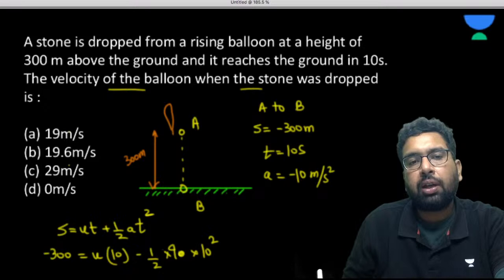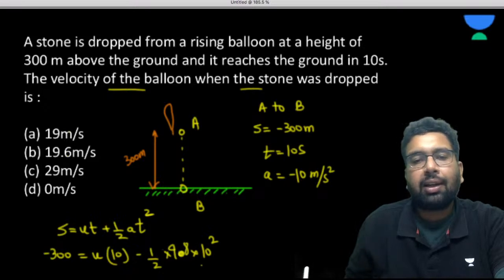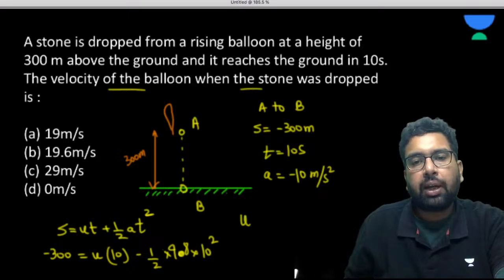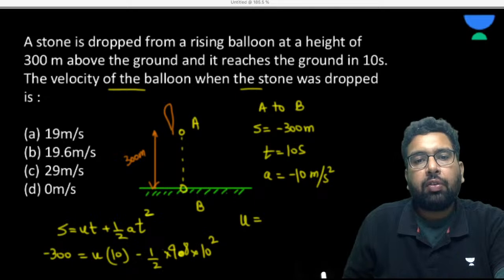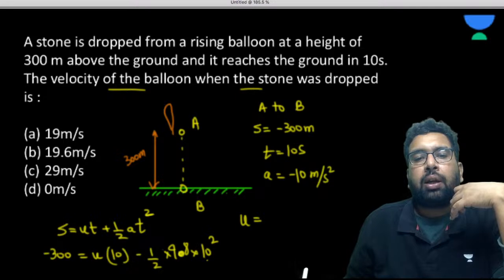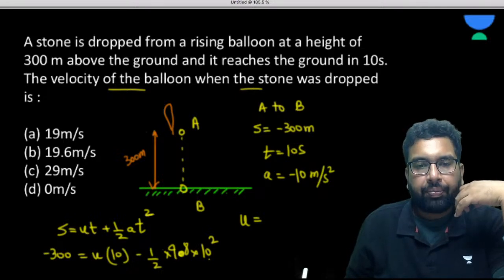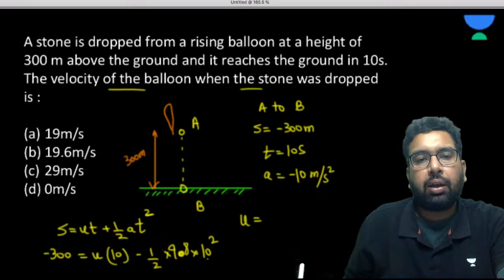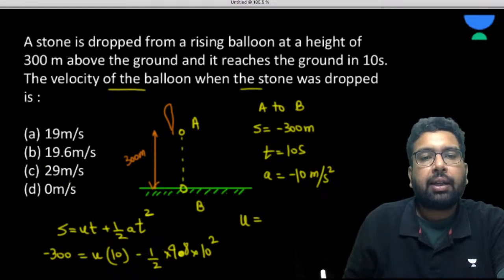So because the options are 19, 19.6, we can consider 9.8. Okay, 9.8. So from here, what is the U we are getting? When we solve it, you will see it becomes 9.8 into 100, so that is 980. Okay, it is going to be 980, isn't it? So 9.8 into 100, 980 by 2,